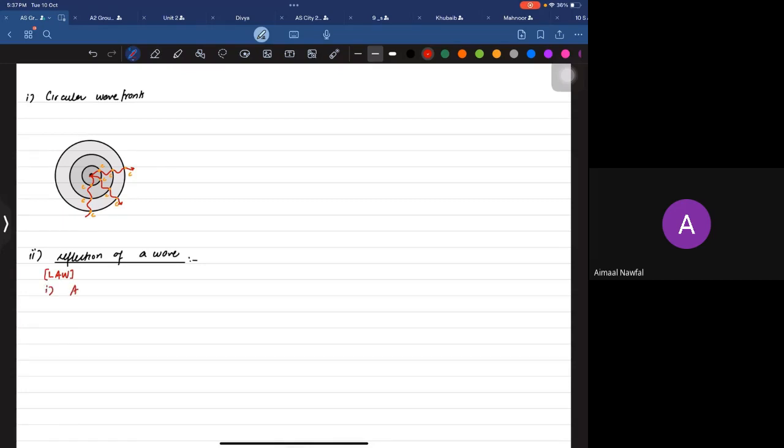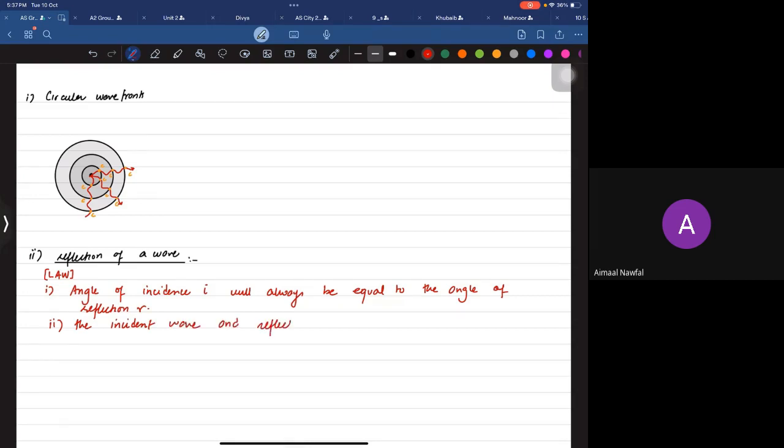The first law is that the angle of incidence, you've also done this in IG, I, will always be equal to the angle of reflection R. The other law for this is that the incident wave and reflected wave are always in the same plane,